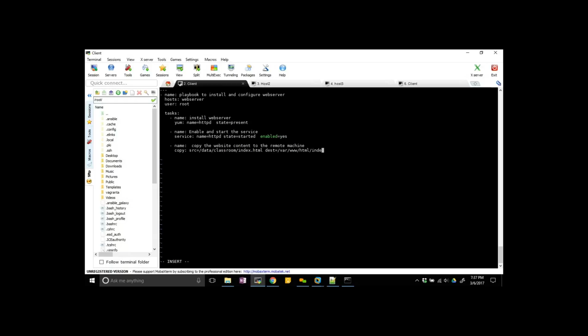So I want to make this as the index.html file.